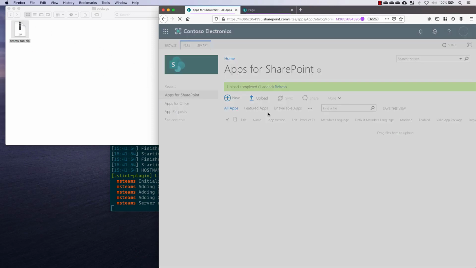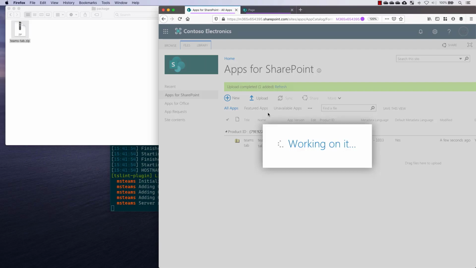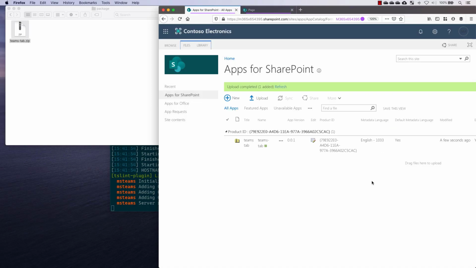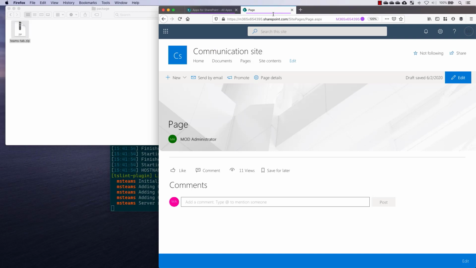The application is being deployed, and now we see the prompt is asking us if we trust this tab. Of course we do, because we have just built it. And additionally, let's make it available immediately on all sites so that we can easily add it to any page. We hit deploy. This tab is now available across all our sites. And here, if we go to this page and refresh it,